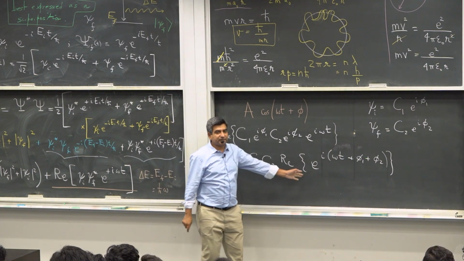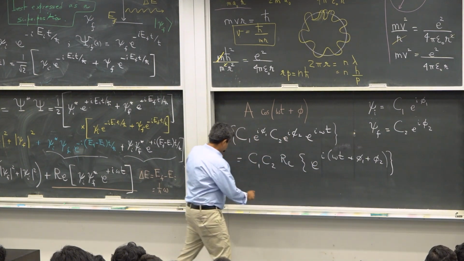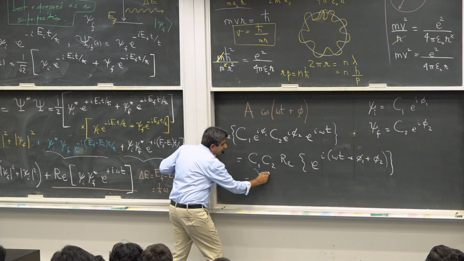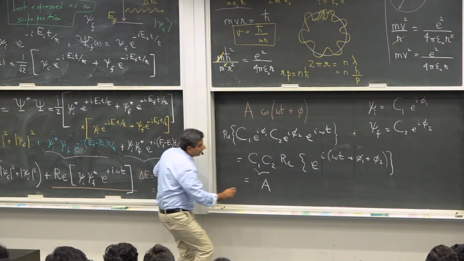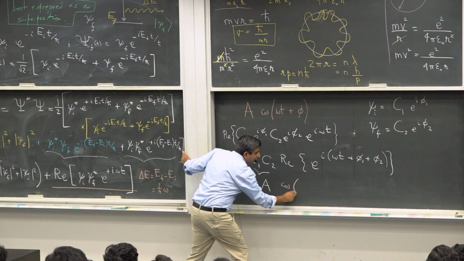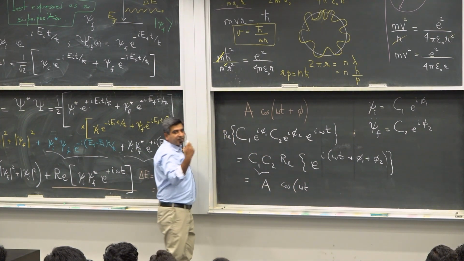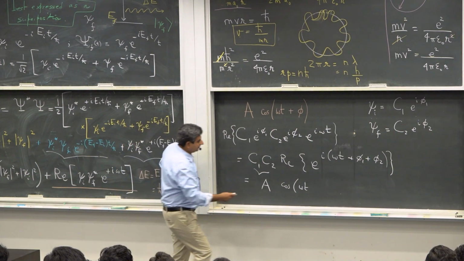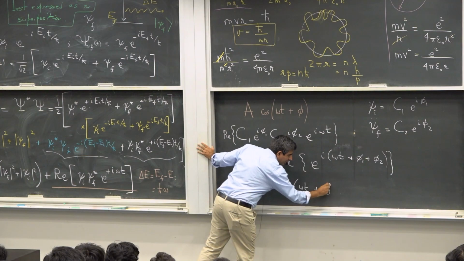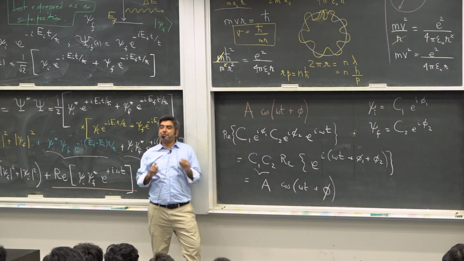Now what's the real part of this function? So all of this I can lump into some other constant a, cosine of omega t plus phi 1 plus phi 2, and I can call it phi. So the time dependent part